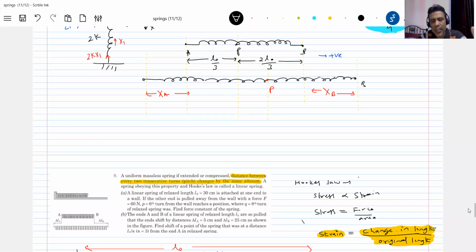Now, strain in part PA should be equal to strain in part PB. Again, the same property of spring. So I'll write it here. Strain in part PB is equal to